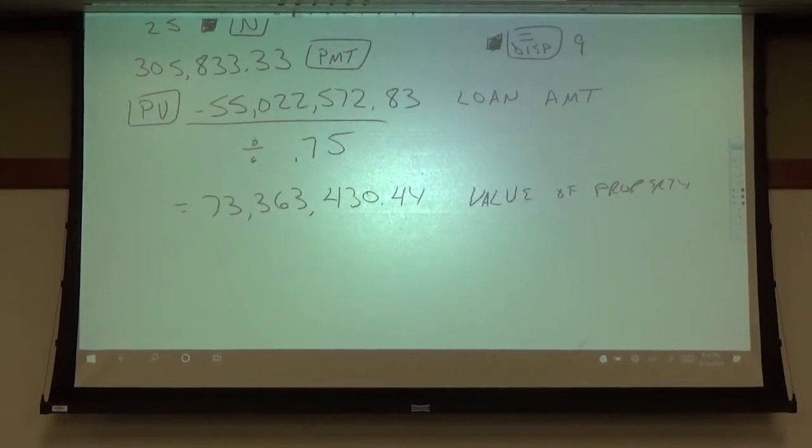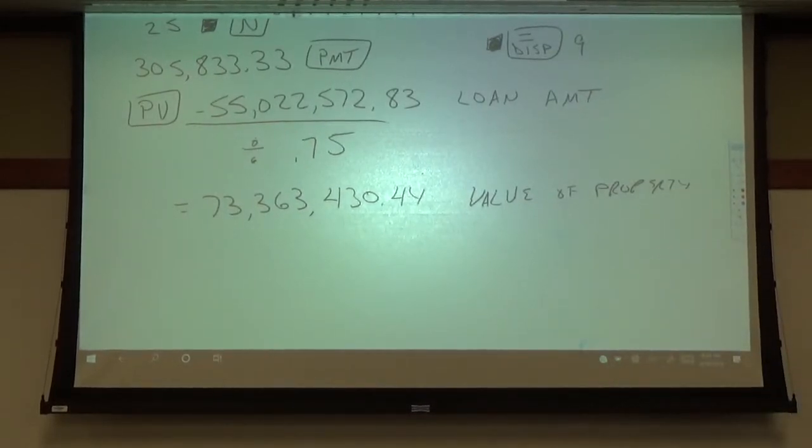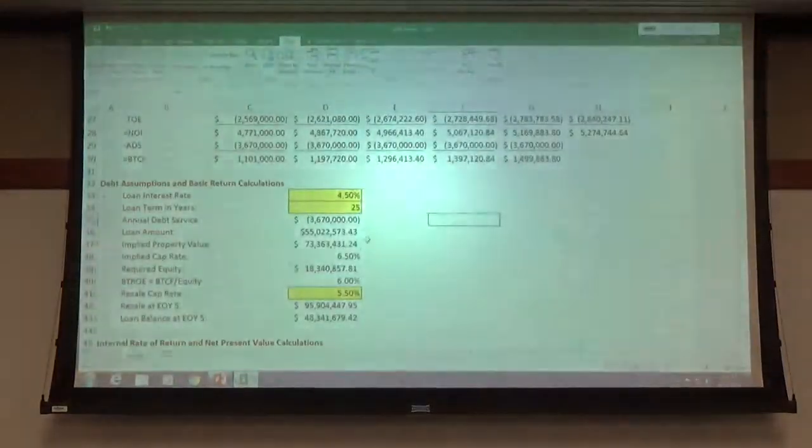Okay, all right. So once we've got the implied value of the property, the next thing that I have down there is an implied cap rate. But it's interesting, because that implied cap rate seems to be a fixed number and not something we input. So let's take a look at that. Let's go back to the PC, to the Excel, just to see what's going on there.